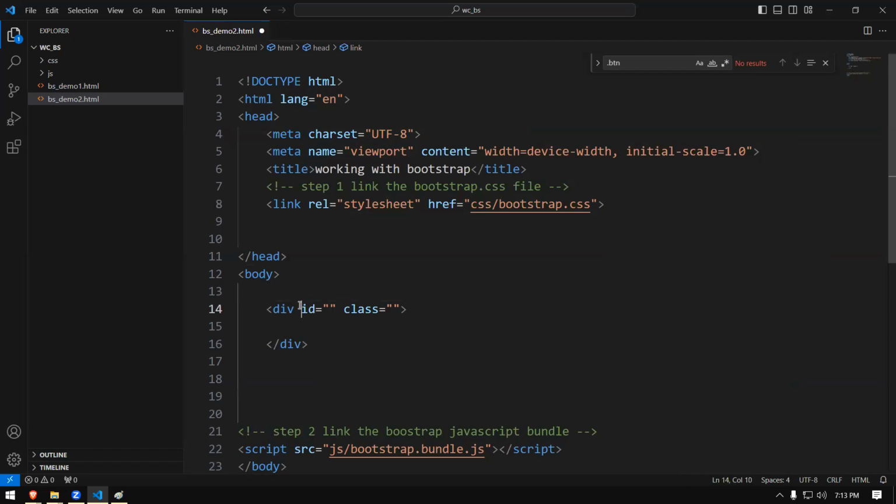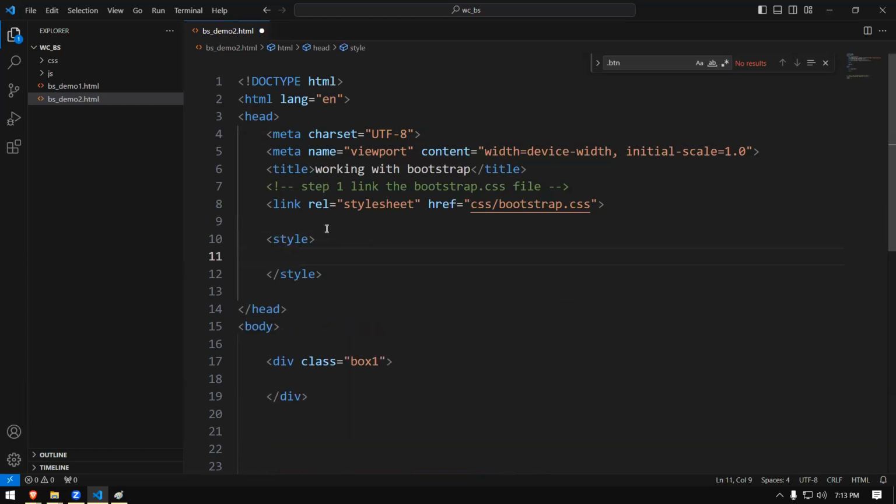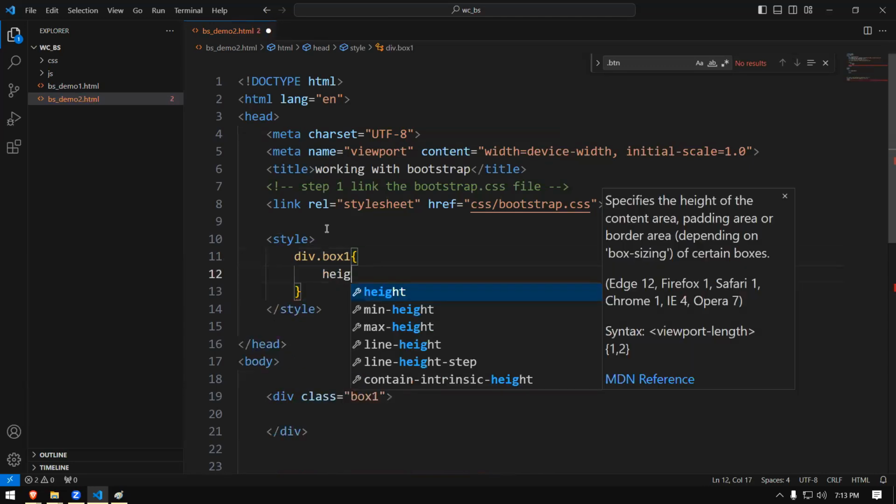Up to now, we were writing like this. For example, if you write box 1, and here you needed to write, we will not do this now, because we have learned this. You type div dot box 1 and you can write